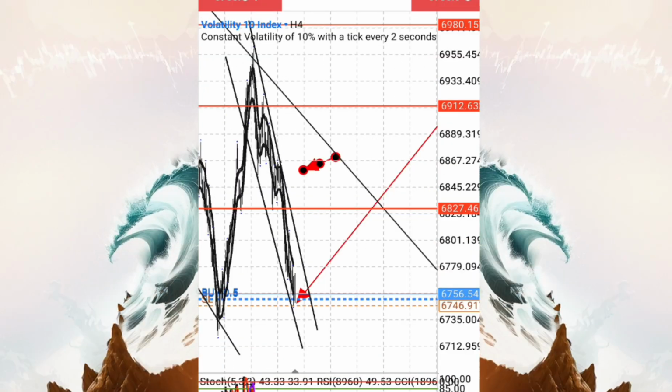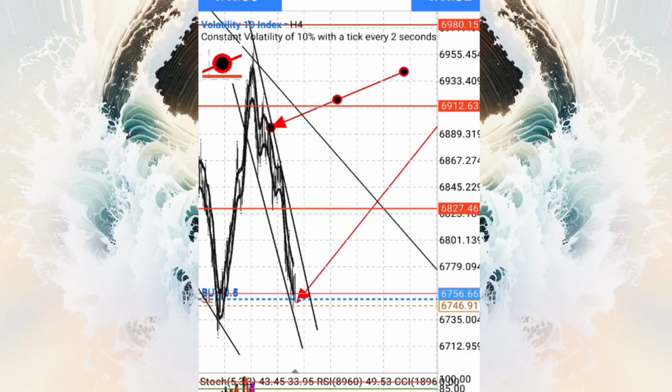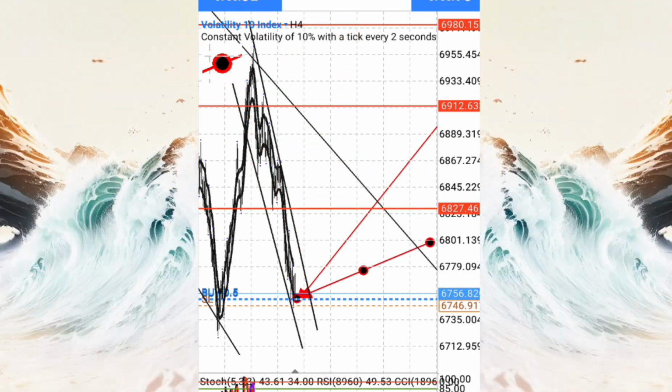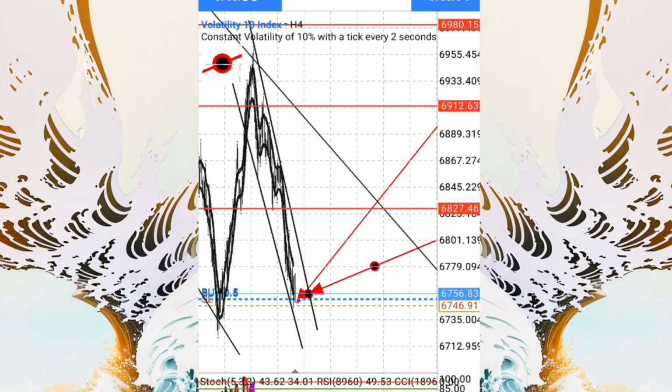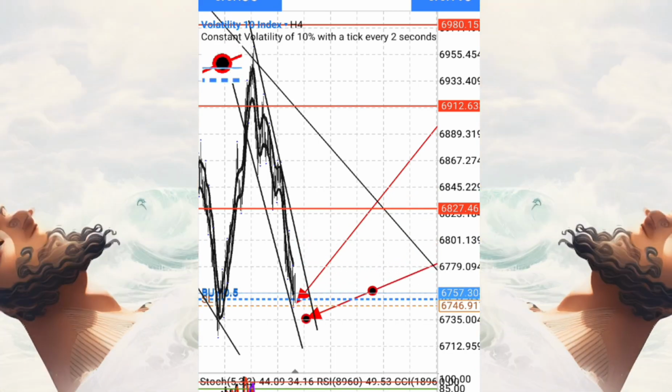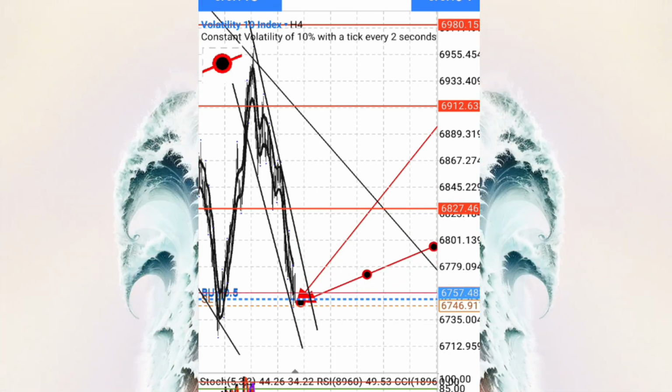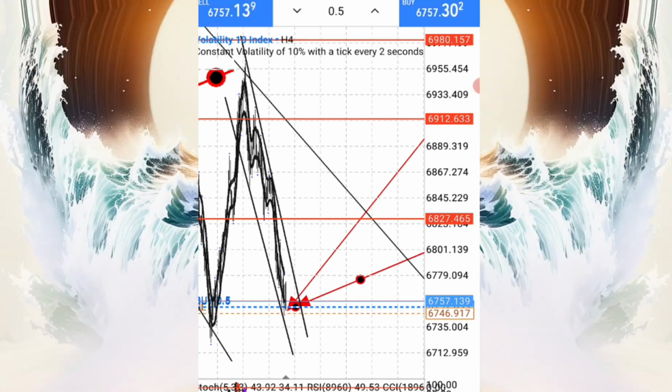We have to take another trend line on the 4 hour time frame so that it can guide us during trading. I see it. This level here is the support level. So if we go back to our